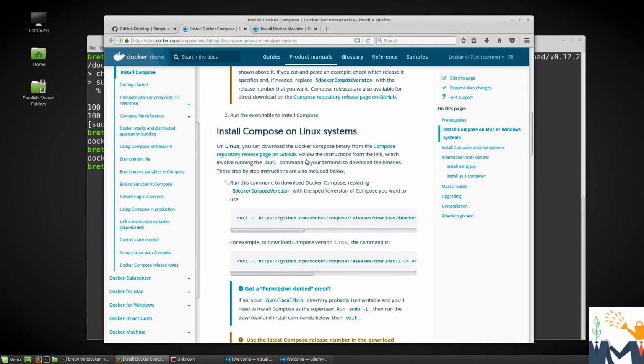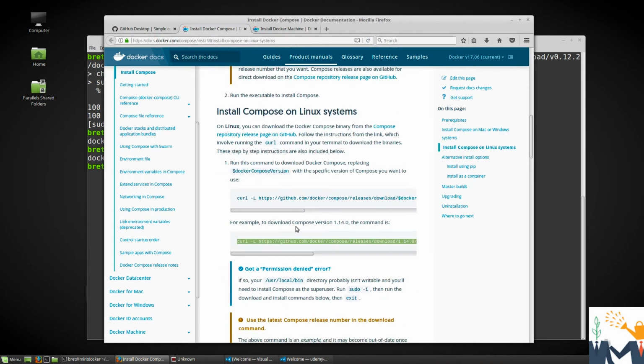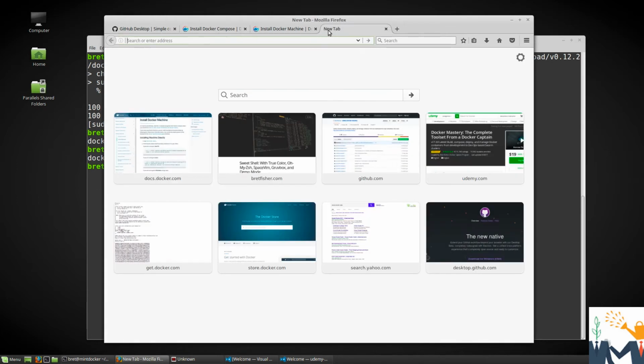And scroll down to the Linux option. Now, we could actually copy this and install it from here, but I want to show you an alternative way that I actually prefer. The nice thing here is that the Docker website has lots of information about how to install it, what it does, and whatnot. But these are all available on GitHub, so I can go over to